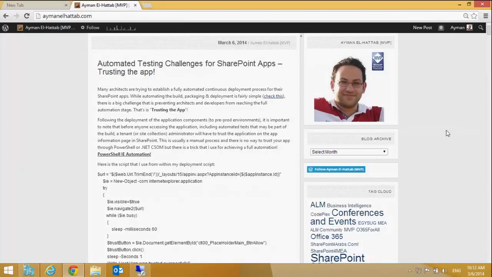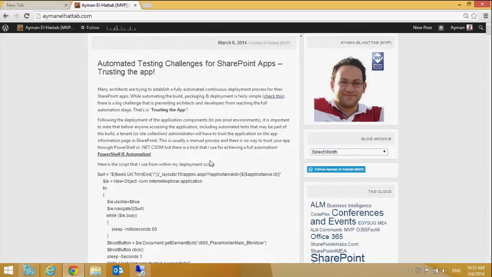And this is actually not supported, or there is no way through PowerShell or through .NET CSOM that you can do this. And for this, we've come up with a trick that can help you automatically trust the app. So it's build, deploy, trust, then test the app through PowerShell using the IE automation.